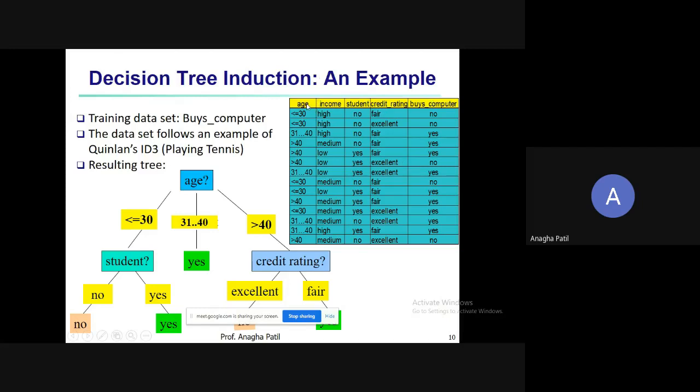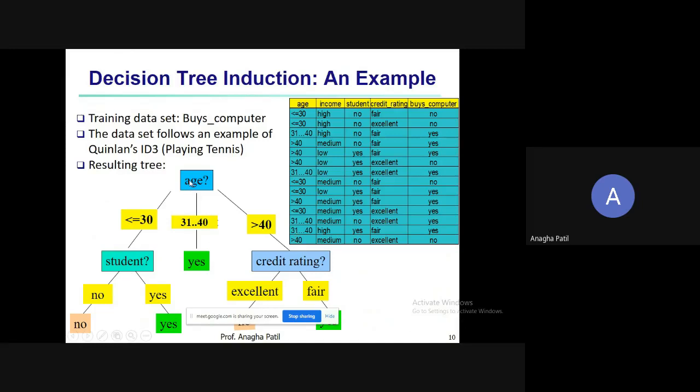Now, as you can see, out of this you have to pick one of the important attributes based on which the decisions can be made. Let's say it's age, and we'll form a root node out of this. Now, what are the possible values for this age? The possible values for the age are less than or equal to 30, 31 to 40, and greater than 40. So we have made these 3 branches. As a root node, you are listing an attribute, and the possible values you are writing onto the branches.